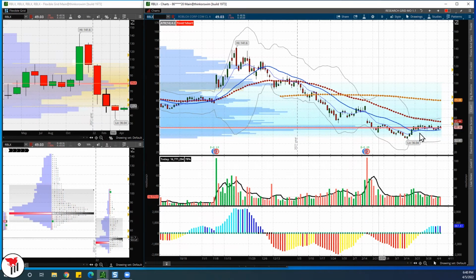So the first line is, this structure that we're doing right here needs to hold. I want to see buyers willing to say, okay, you're never going to see 36 again. You're never going to see 50 again. Now we're paying 55 and $60. Once you get back to 60, everybody's going to be talking about IPO price, which is going to be $64, right? And everybody's going to remember, oh, it went from 64 to 70 on IPO. Here it is, 64 to 80, sorry, to 79, which happens to be the 200 MA.